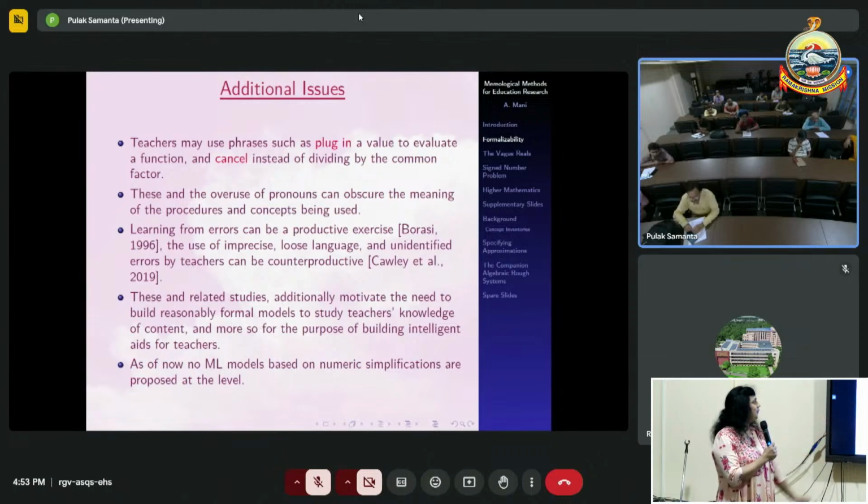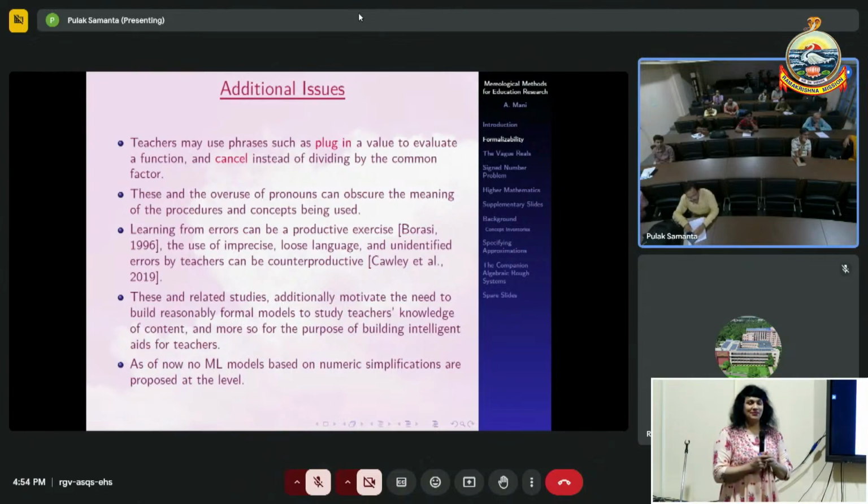For example, that's one, Borassi. The use of imprecise, loose language and unidentified errors by teachers can be counterproductive, and this has been shown through empirical studies. So that is what that paper is about. These and related studies additionally motivate the need to build reasonably formal models. I say reasonably formal, not exactly formal, to study teachers' knowledge of content and more so for the purpose of building intelligent aids for teachers. As of now, no ML model based on numeric simplifications is proposed at that level. This is the situation. What about the second point,